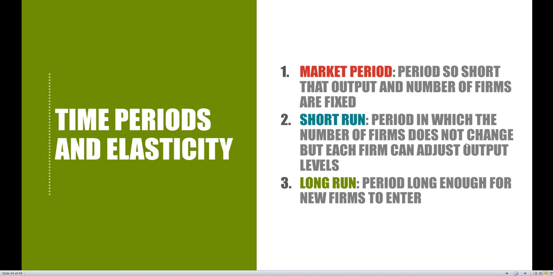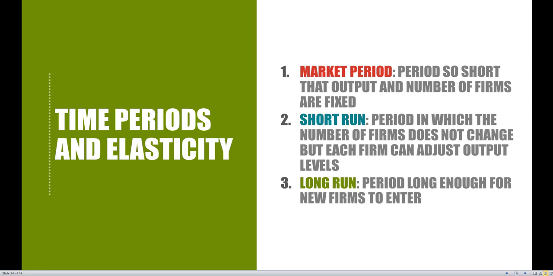In terms of the short run, we typically go ahead and say that at least one of our factors of production is going to be seen as fixed in the short run. Typically in economics, we consider physical capital to be fixed because it's pretty difficult for us to actually make new firms and build up new buildings and all of that in a short amount of time. So here in the short run, we typically say that physical capital, or at least one of our factors of production, is going to be fixed.